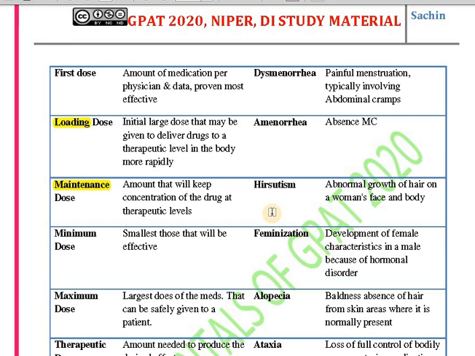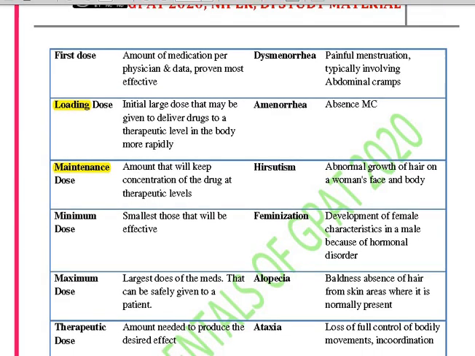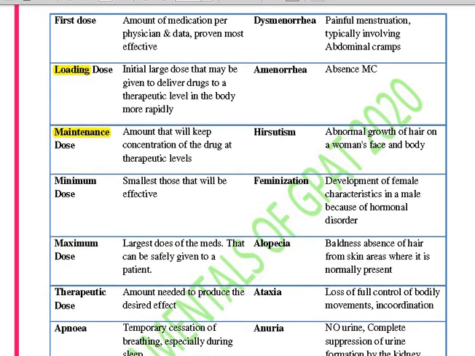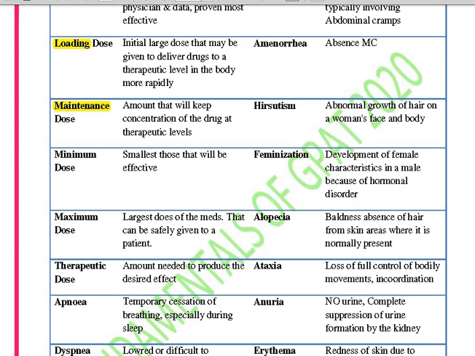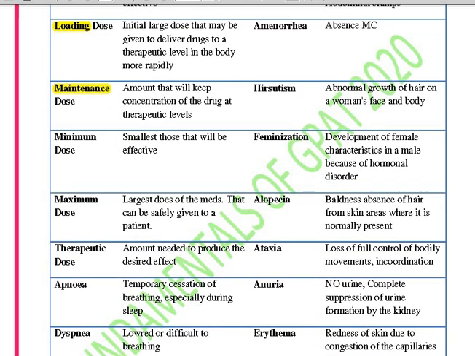Okay, then you must be aware about what is minimum dose, what is maximum dose. I don't think it is required to tell you what is minimum dose, what is maximum dose. And if it is required for you, then GPAT is not for you. You are not made for GPAT, remember. So next